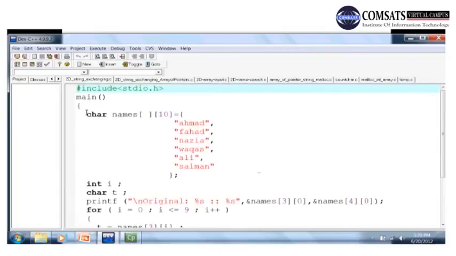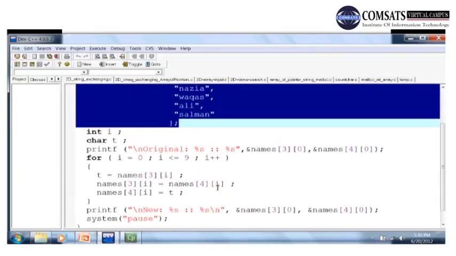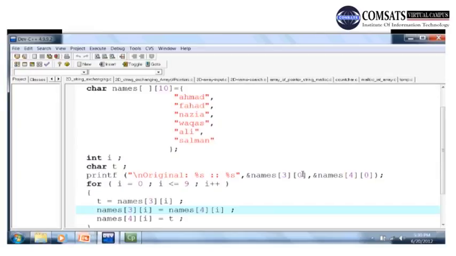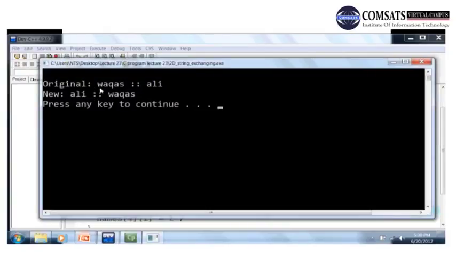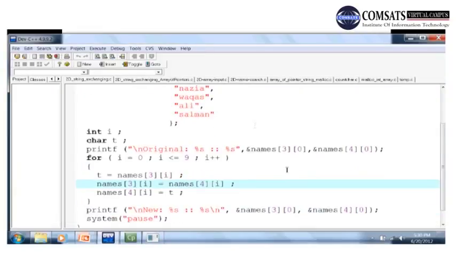Here we have a two-dimensional array of characters. Let me first run this program, compile it and execute it. So the original is Waqas Ali and the new is Ali Waqas. So the position is changed. You see, I'm printing in this printf function name 30, and here also name 30, name 40